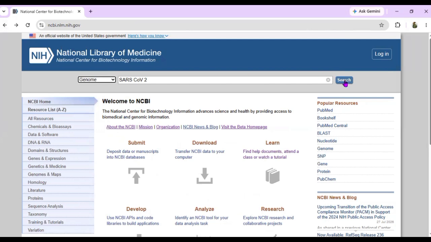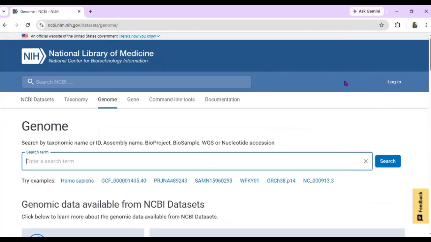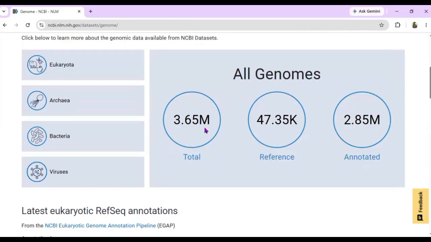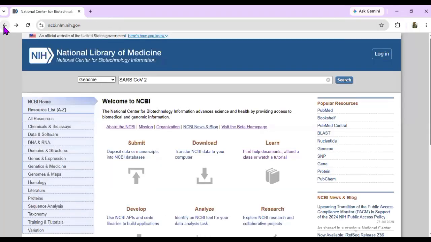Genome, let's study genomes. The genome database provides complete information about the genomes of thousands of organisms. Total 3.65 million genomes: eukaryotes, archaea, bacteria, viruses. You can get all genomes here. Information about all genomes. Next is